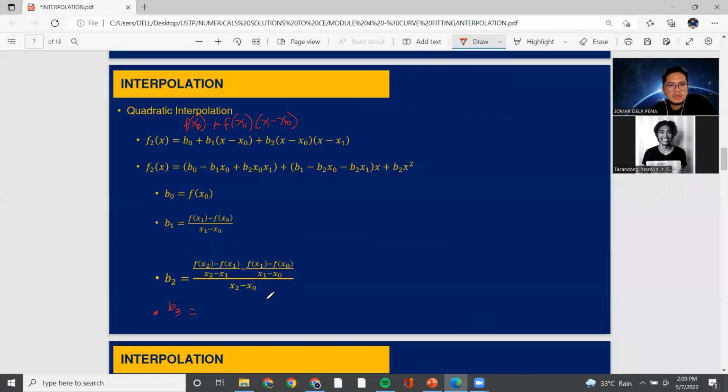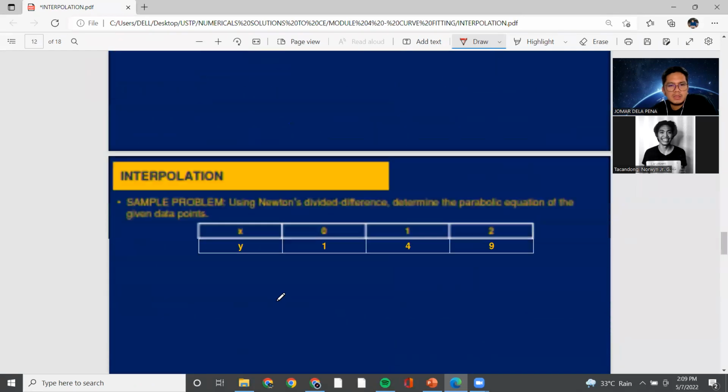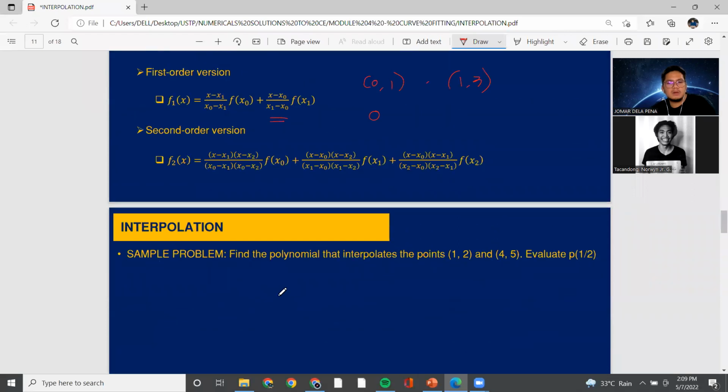Take pattern, follow it later on. Here in Lagrange, you need to solve or follow a pattern. Now, as you can see, if we solve f sub 2 of x, you can see that it has three data points. Say,